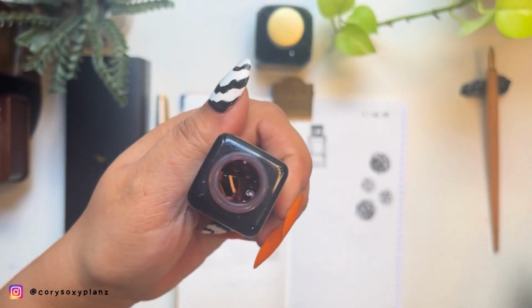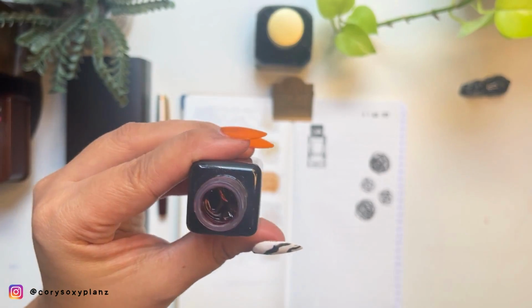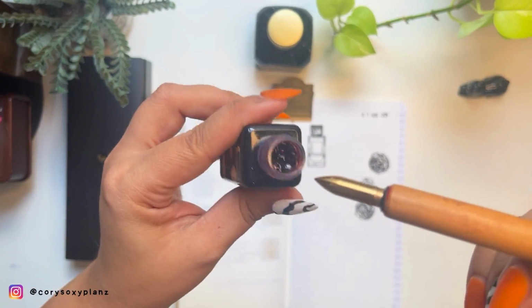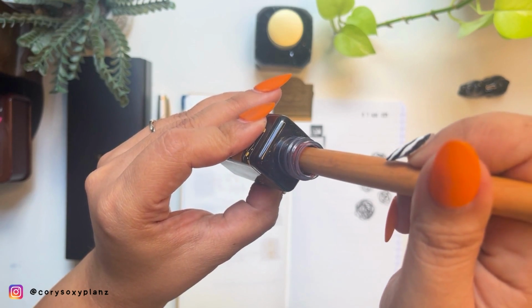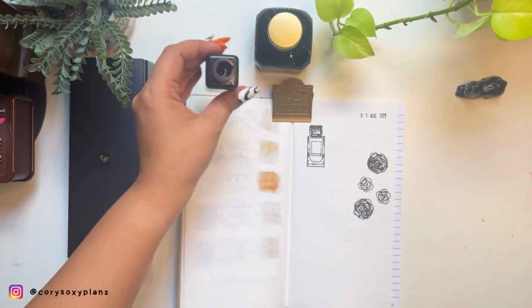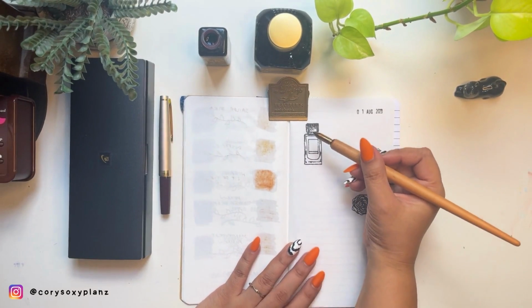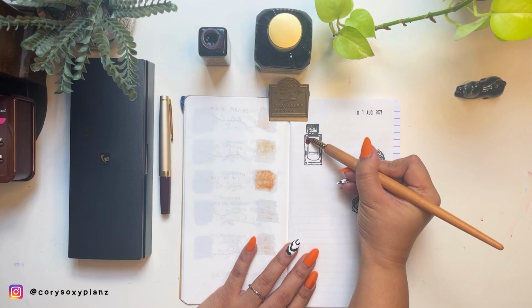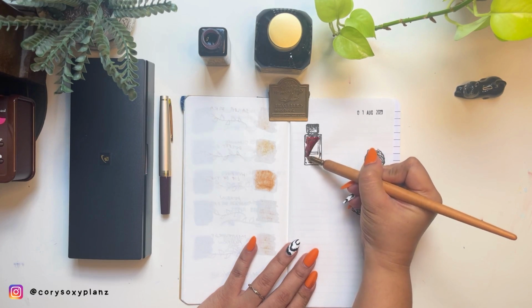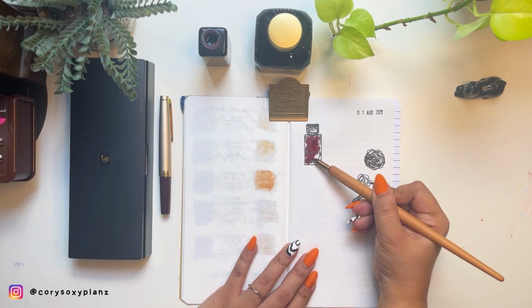So I got the 30 ml bottle only, the plastic one, just to see, because I already have the Oxblood, and this is not that expensive. So if you are also looking to get this ink, it's everywhere. It's nothing limited edition or anything. And let's just clean up this bit. So this is the Writer's Blood, a shade of deep red,